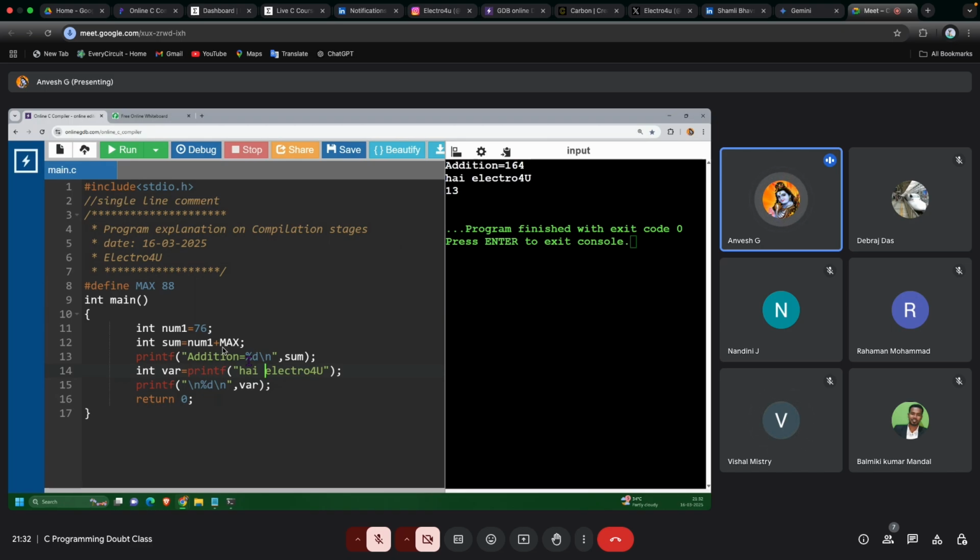Like that, printf also returns how many characters it printed on the console. That is the integer count. Nandini, got the point or still any doubt? Got it, sir. Got the clarity? No, sir. Okay. Now we can answer